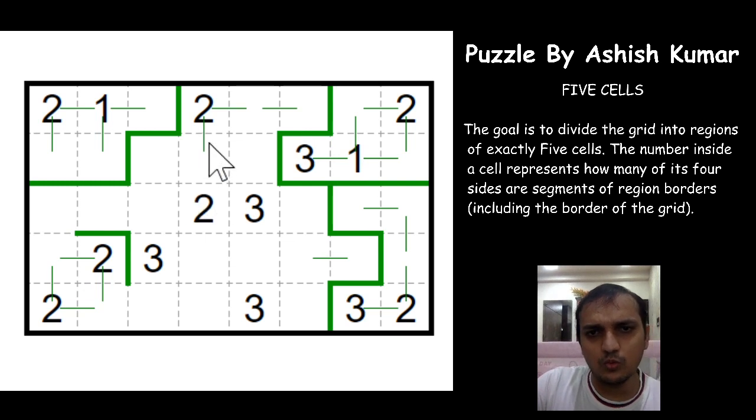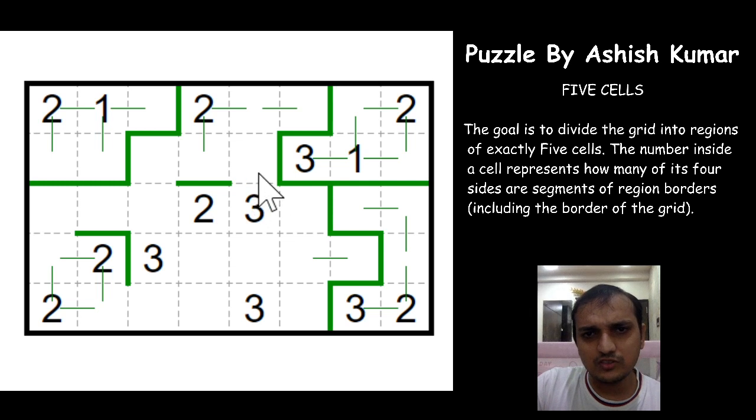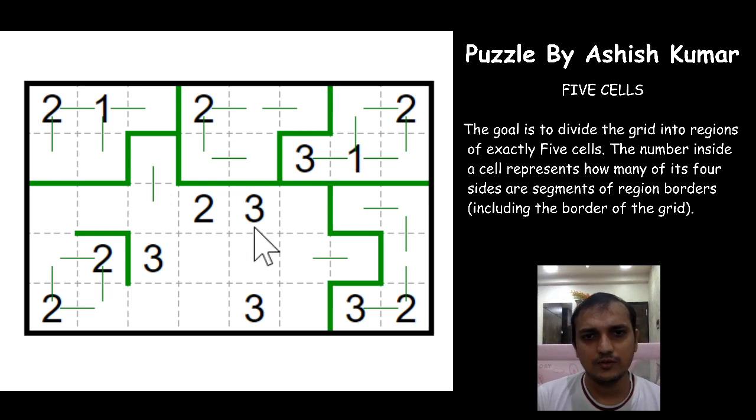Okay, now what happens if this 2 comes down? These 2 will have 3 segments as part of the region, which is not possible, so we can mark a segment here, stopping it from going to the other end. And what happens if this 3 is part of this cell, right? If we mark this way, then you have only a 2 cell region again, so this is a part of one region, right?